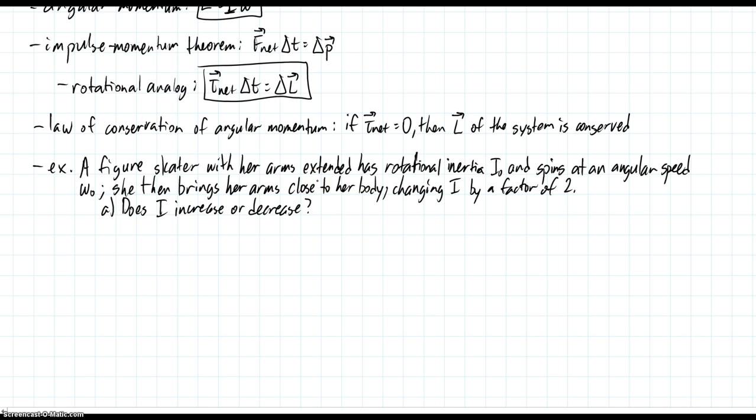You first want to think about whether I increases or decreases. So a figure skater who started with her arms extended and then brings her arms in closer to her body has changed the configuration of her body so that her mass is concentrated closer to the rotation axis. So I is going to decrease. Same mass, but now on average that mass is closer to the rotation axis. It's easier to change the way that she is rotating. And if we want to find then the skater's new angular speed,